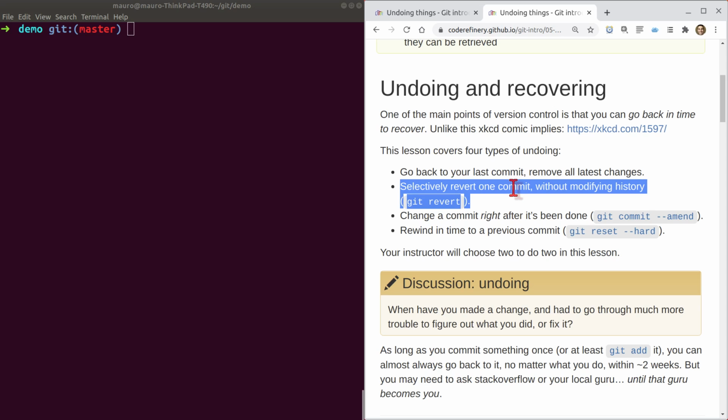basically undoes what the previous commit did. So you do something with one commit and then you create another commit that does the revert thing. And that's a safe way to change history without actually modifying the Git commit history. Basically, you undo something in a very, very